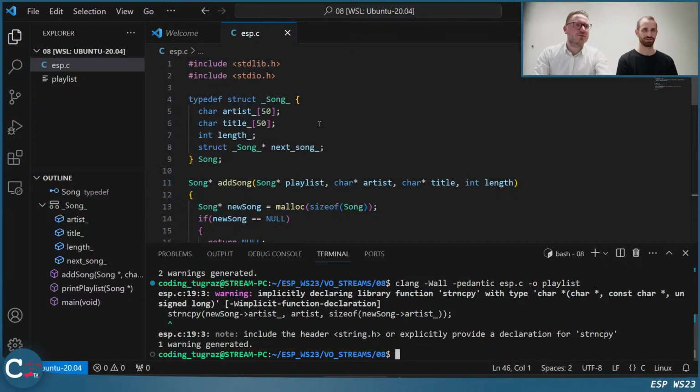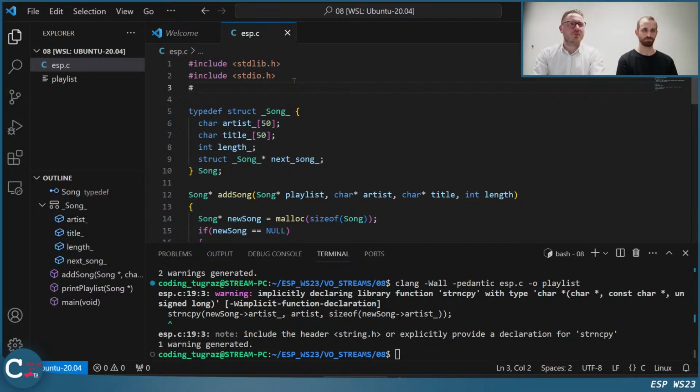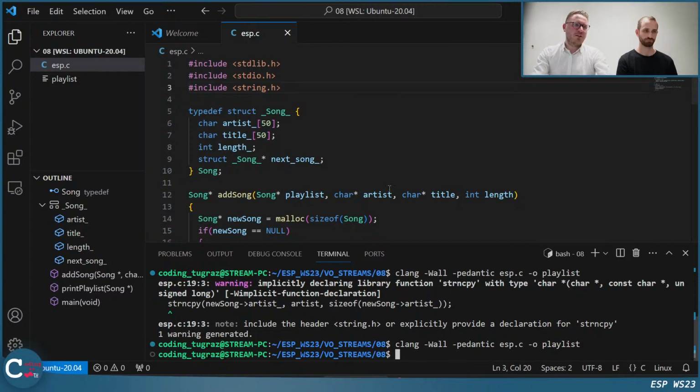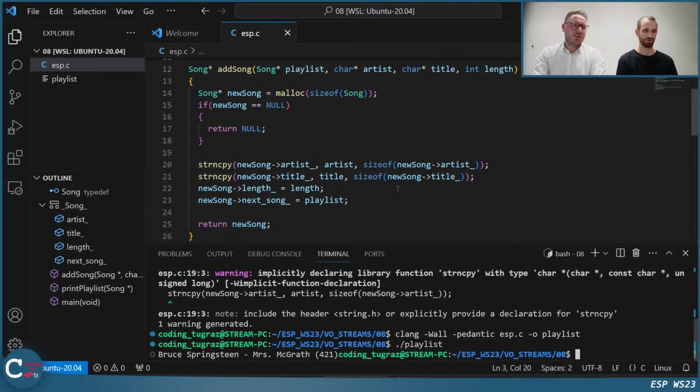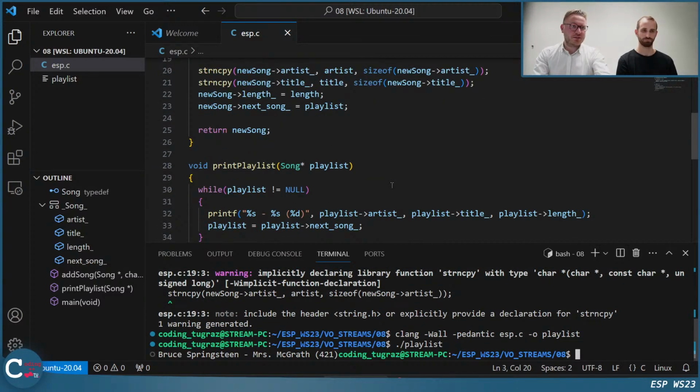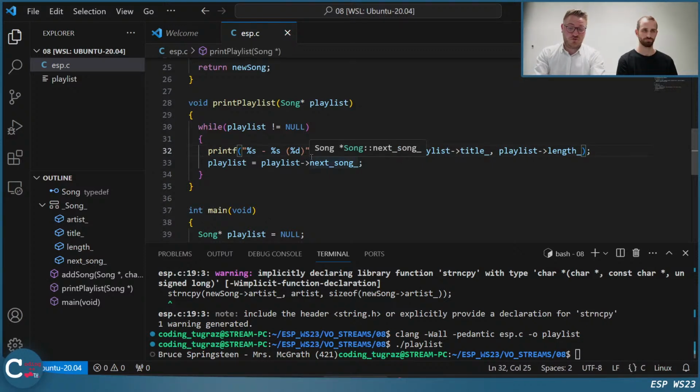And I think he's also complaining because we have to include the string library as well. Nice. Okay. Let's see. Yeah. Nice. That looks good. I'm a huge fan of \n. But besides that, I think we're good.